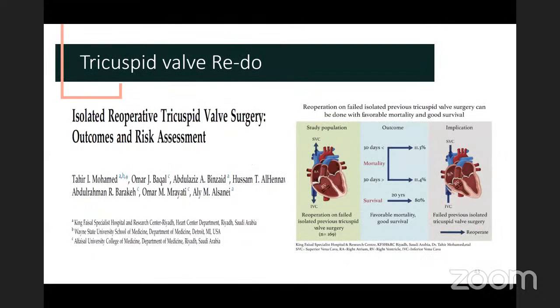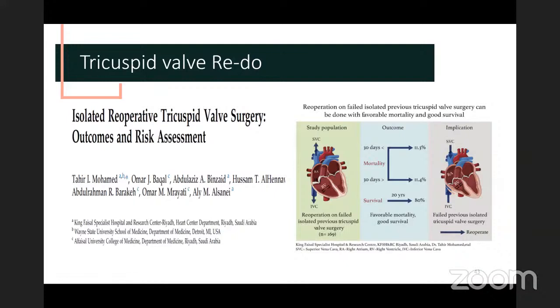For the tricuspid valve redo, I brought only this paper, which was published recently, in 2021, from a group at King Faisal Specialist Hospital in Riyadh. They published a paper about isolated reoperative tricuspid valve surgery outcome and risk assessment. They had a retrospective analysis of 170 patients who underwent isolated redo tricuspid valve surgery,